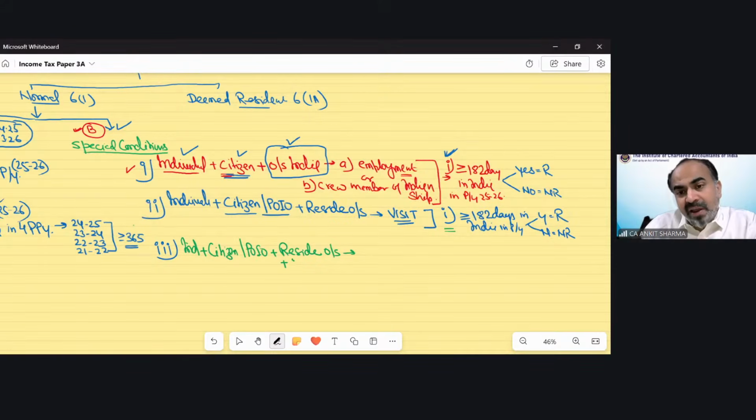And there is one more addition: you reside outside India and you are earning income from Indian sources. Still, you are residing outside India, but you are earning income from India also. Like you have a property in India and you are getting rent from it, you have purchased some shares in an Indian company and are getting dividends, interest income, any business branch in India, etc. So you are residing outside India and you are earning income from Indian sources exceeding 15 lakh rupees in a previous year.